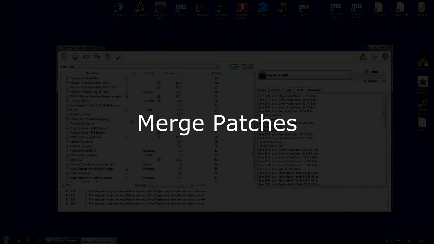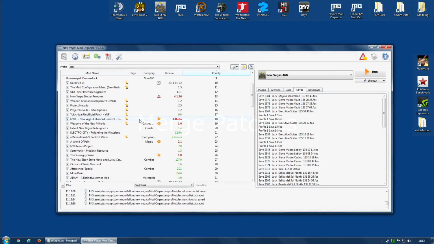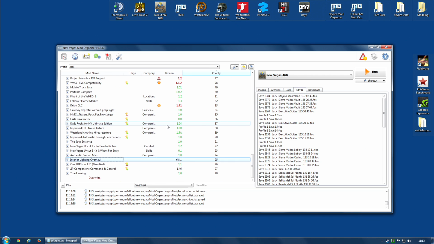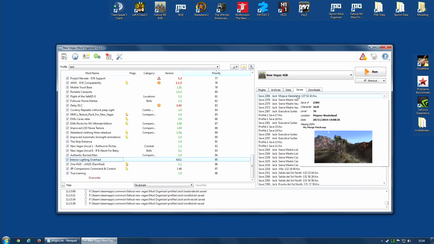I'm going to update several of these mods as well because some of them have actually got some new fixes. But right now, what I'm aiming to get is the identical setup that I was using on this save. And as you can see, I've pretty much done it, at least from the point of view of ESPs and